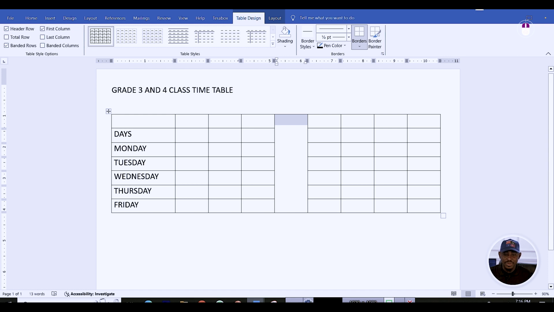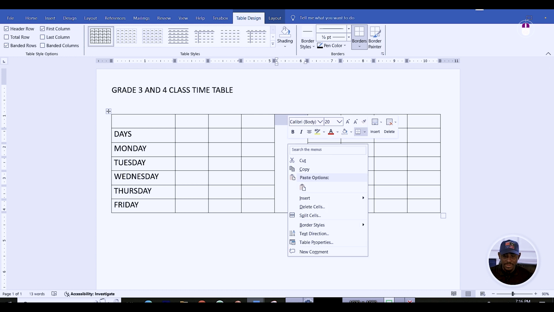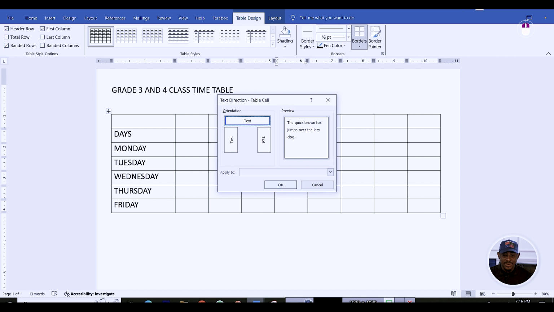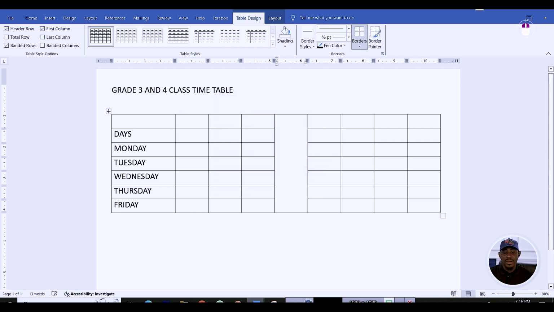Another thing I want to do before I move to the next thing is what we call text direction. This will give me the opportunity to direct my text. So I'll right click again and then I'll go to text direction. I'll select text direction. You can always select the orientation for your text direction. You see this orientation, there's another orientation here. I'll click OK. Then I can type my break